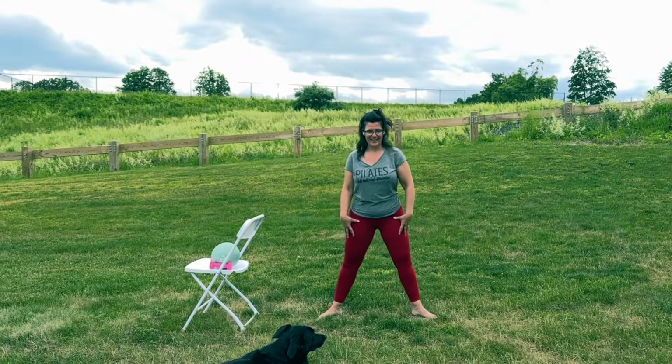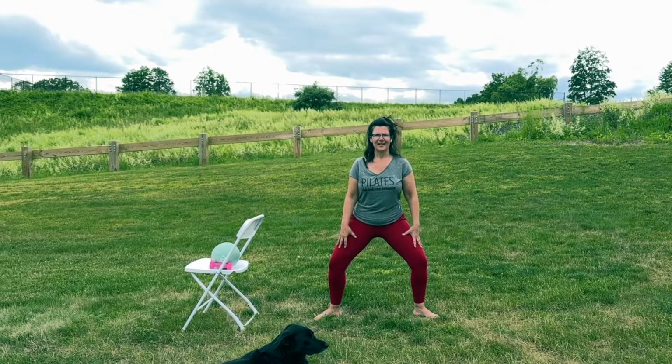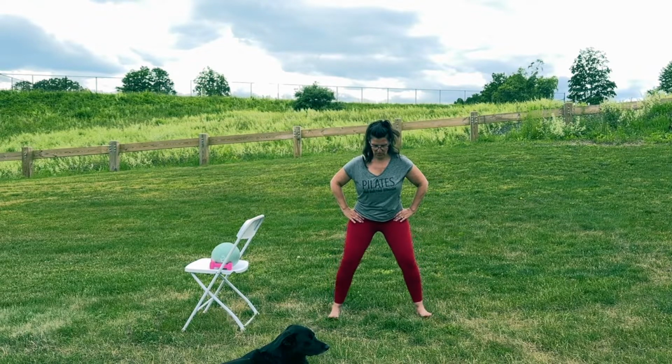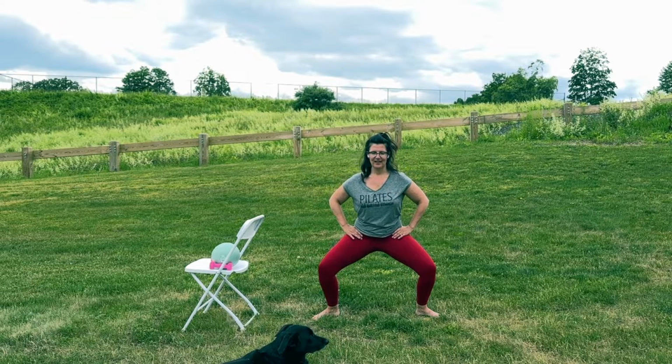Take your legs wide. Now you're going to turn out even more, so you can bend down. Knees line up with your middle toes. Your pelvis is vertical, all right? You don't want to sink it back. If it's too much on your hips, you can always go into that more parallel and sink the hips back. But if we're in turnout here, I want you to go as straight down as you can and lift it